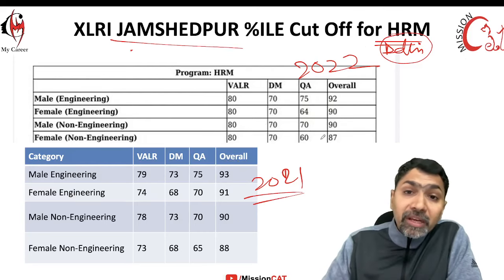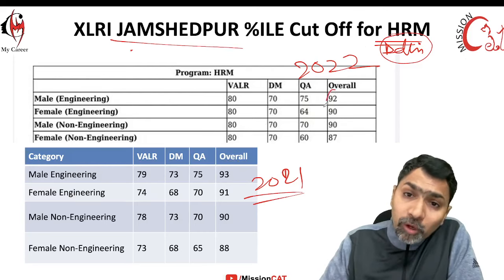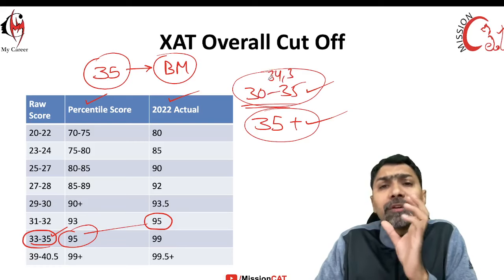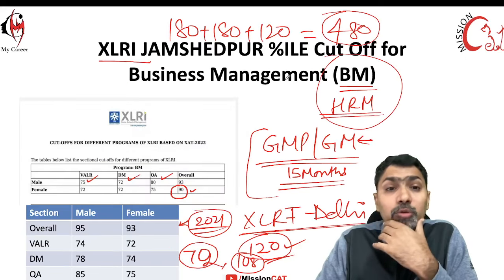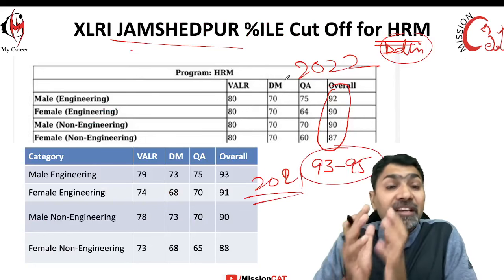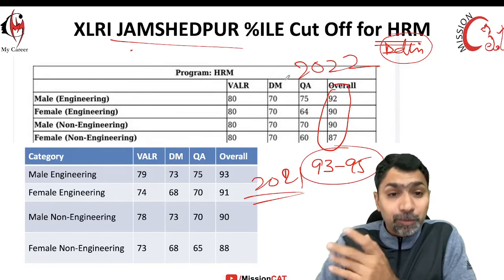So you can get this overall at anything around 93, 95. You are in a safe zone. You are in a very much safe zone. For 95 percentile, 93 percentile, what you need is a 35 score, which is good enough. मतलब 35 क्रॉस करते हैं तो यार एकदम कोई टेंशन नहीं है आपको. But if you are able to cross 34, 33, that also gives you a good amount of chances to get into the flagship program of XLRI Jamshedpur, right.